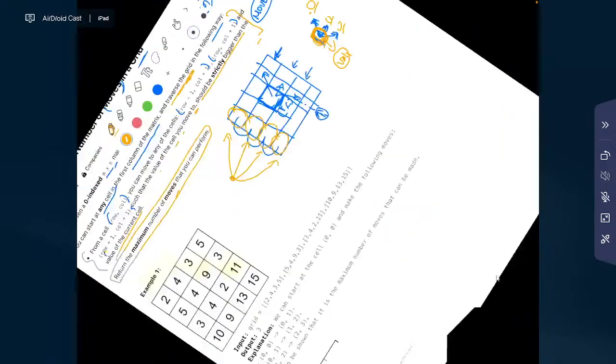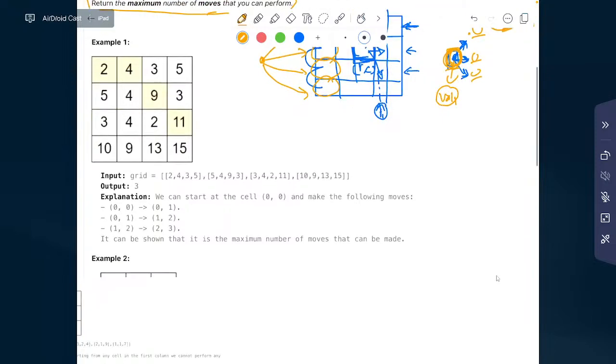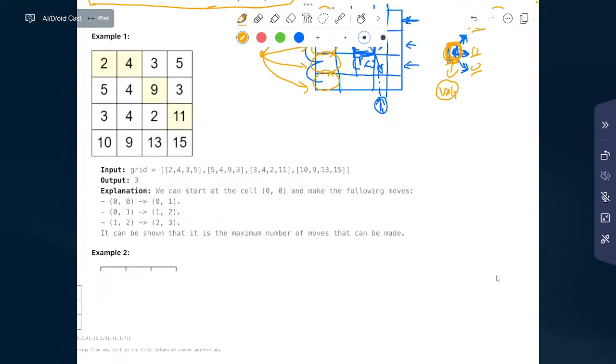Let's see the examples. They will help us build the clear logic. So we have been given this matrix. First thing first, we can start with rows in this particular column. So this is the given matrix. And the output is 3. Let's see how. We can start at the cell 0, 0. Why? Because it's the first